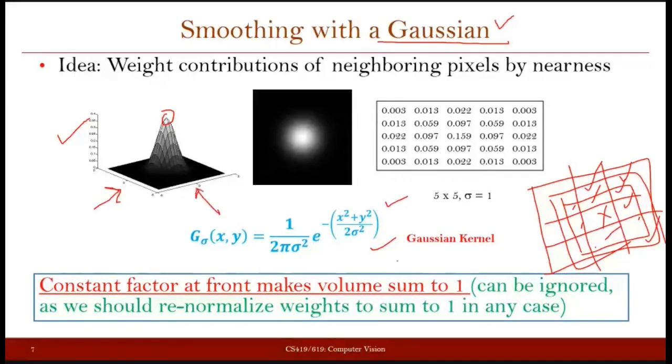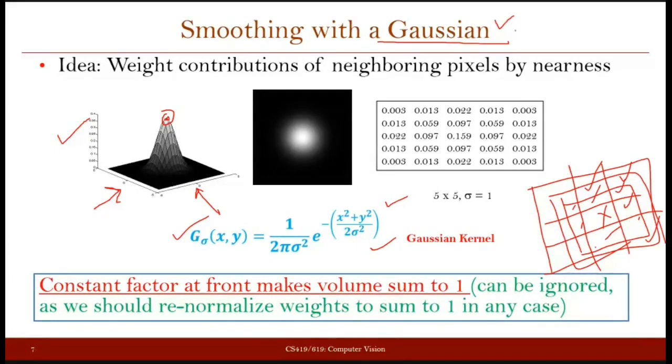At 0, 0, if you compute the value of this equation, you will find that it has the highest value. But as you move away from 0, 0 in any direction, the values reduce, as you can see from the shape of this plot. At the peak you have the highest value, and as you move away from the peak, you get lesser and lesser value.